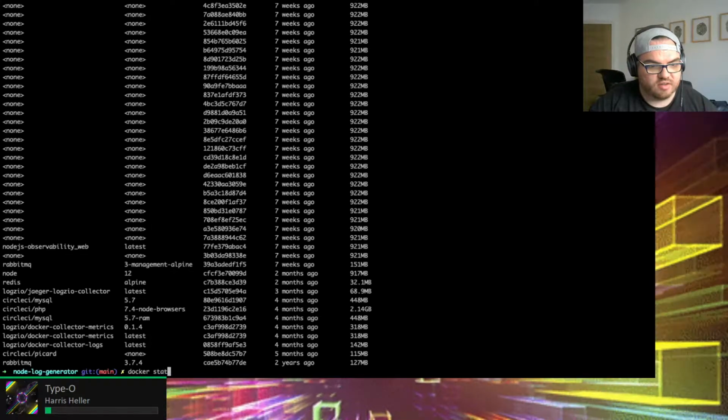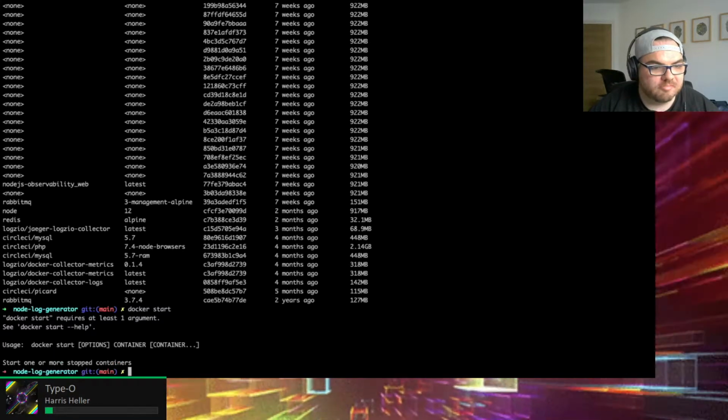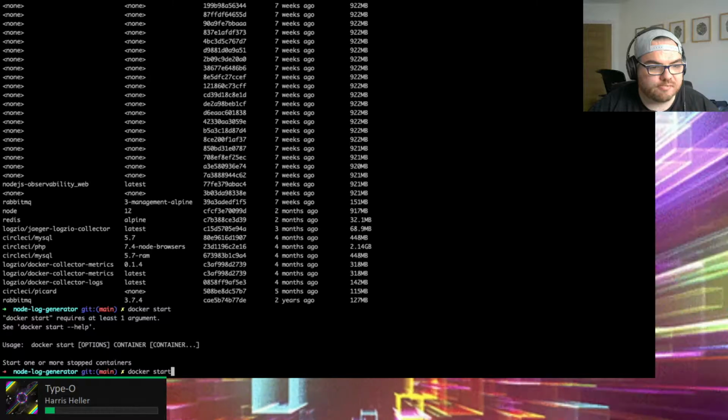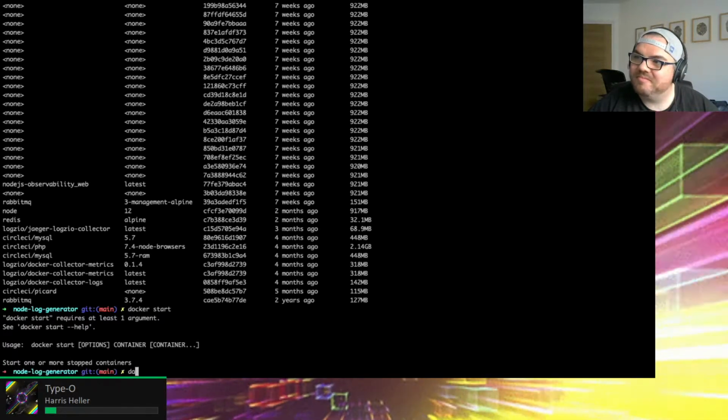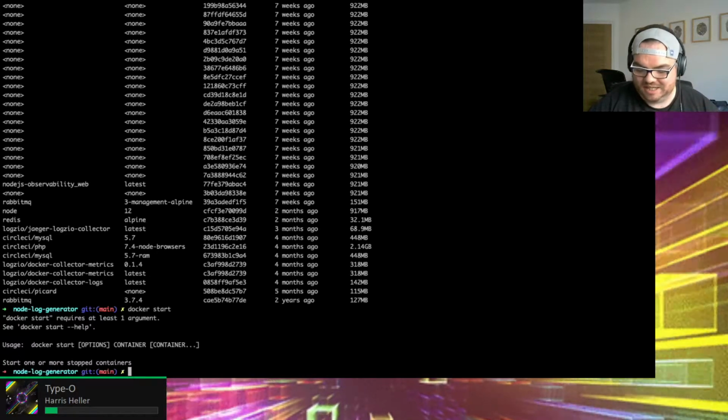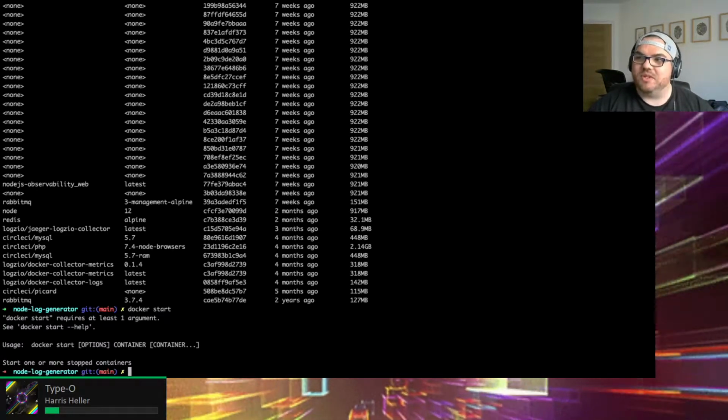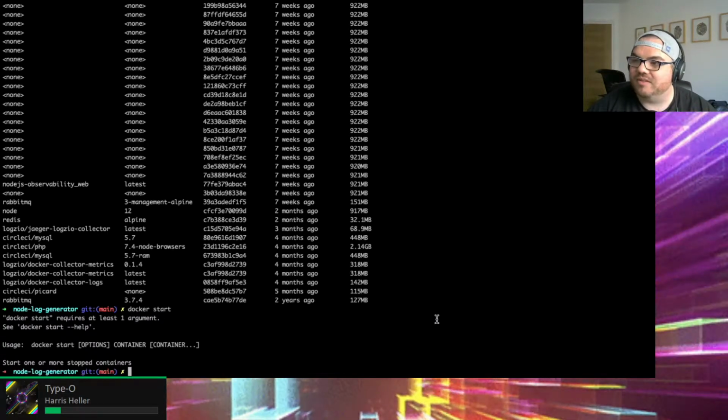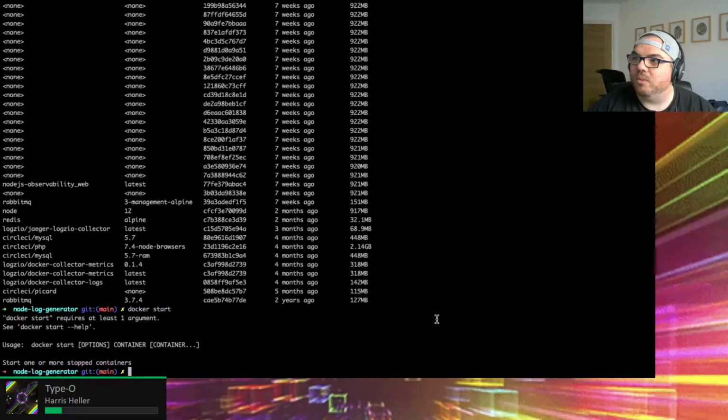Docker start. So used to just being lazy and using Docker Compose to do all this that I've actually forgotten all my Docker commands, other than nuking from high orbit and rebuilding.